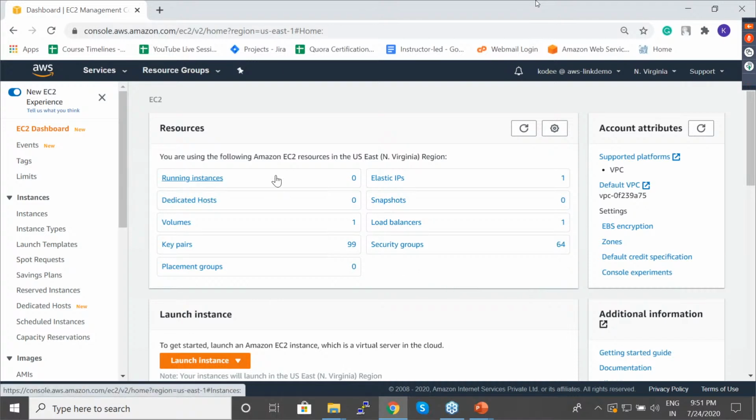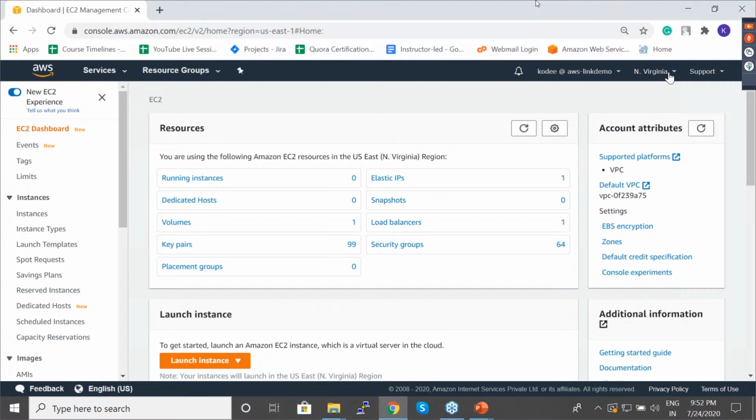Here I'll be showing you completely about EC2, how to create it, and what the configurations are that are needed to create EC2. Running an EC2 instance also requires a volume, so that we'll also be seeing while creating an instance. This is the dashboard for EC2. It will show you all the details which you need in this particular region.